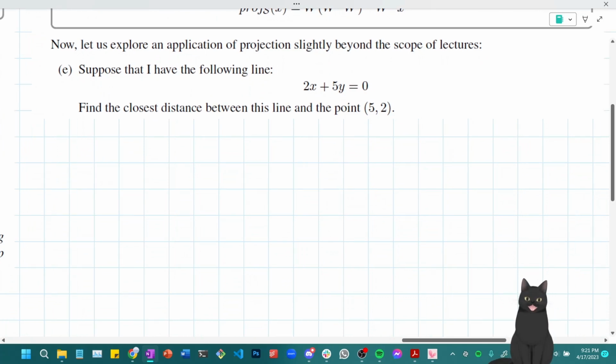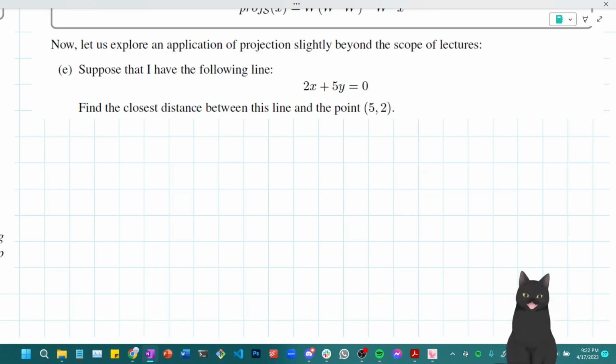Suppose I have the following line: 2x plus 5y is equal to 0. Find the closest distance between this line and the point (5, 2). Now, this does look like something you'll do in high school geometry, but I do not remember the way that we have done it in high school geometry, so unfortunately I'm going to have to use some linear algebra here to figure things out. First of all, I have an interesting thing that I want to tell you,